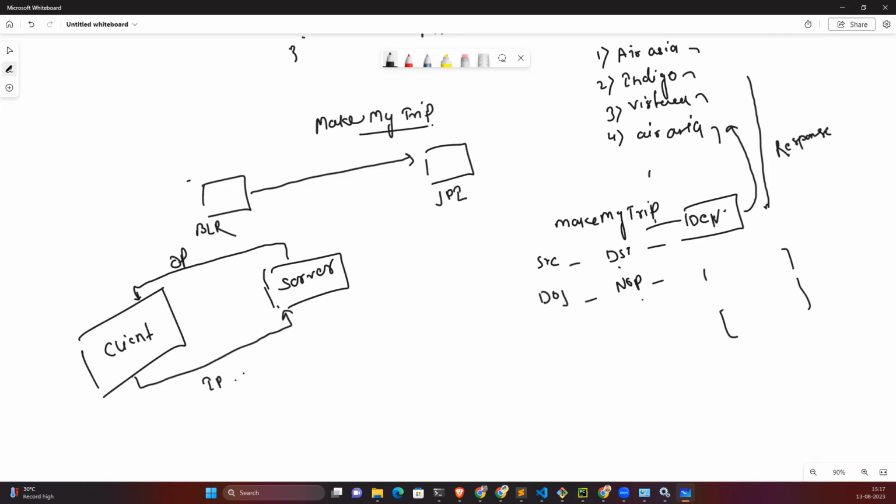And also, if you ask some question and I deliver the answer in some different language, you might not be able to understand, right? So in that case, I also have to give the response in that format so that you can consume my response. Similar concept is here also in the case of client and server architecture.